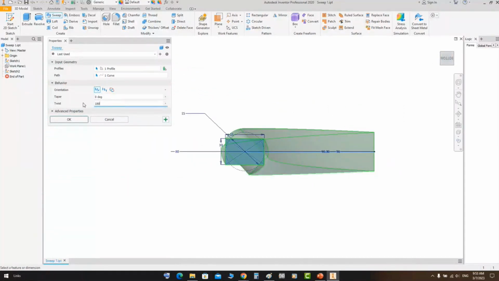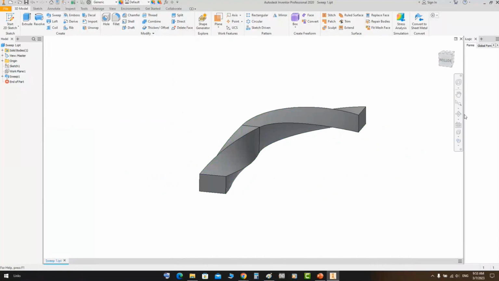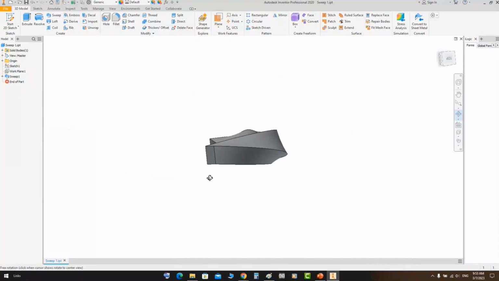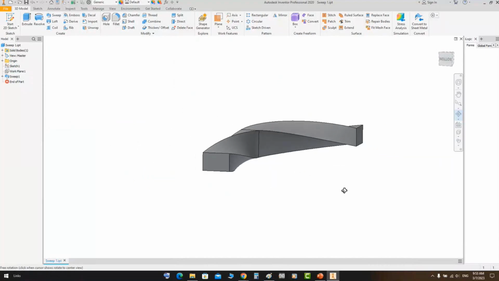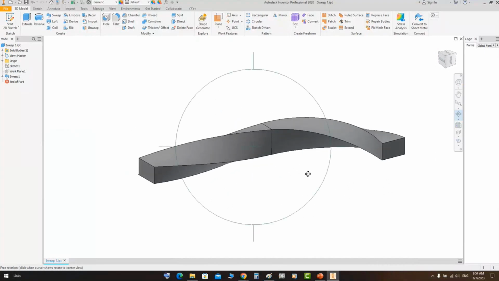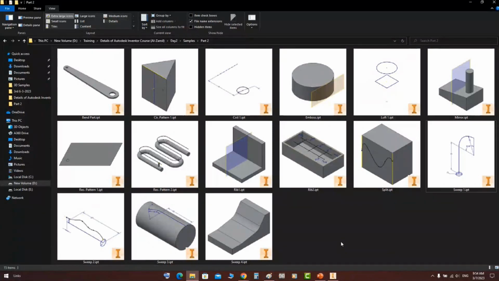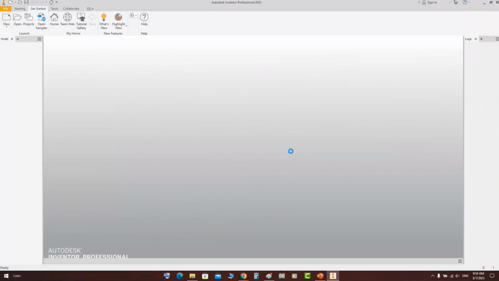If we increase it to 180, you will get that shape. So you can make complicated shapes by using sweep and twist like that. So you can make a twisting for the feature along the path. Okay, now let's discuss another feature for sweep. If we open that one,